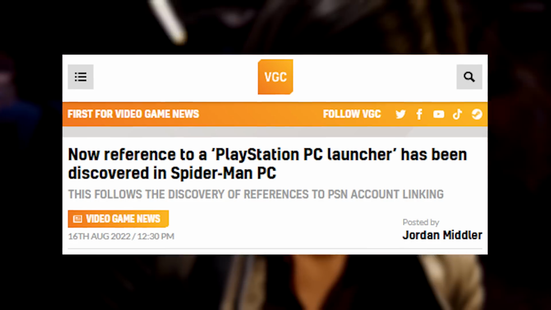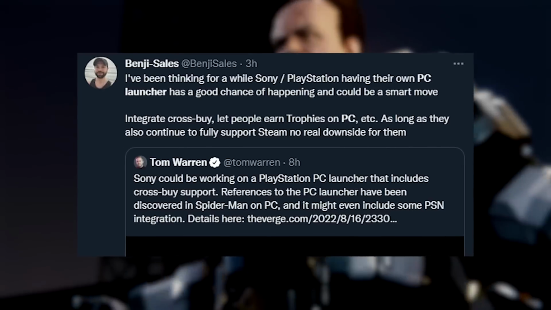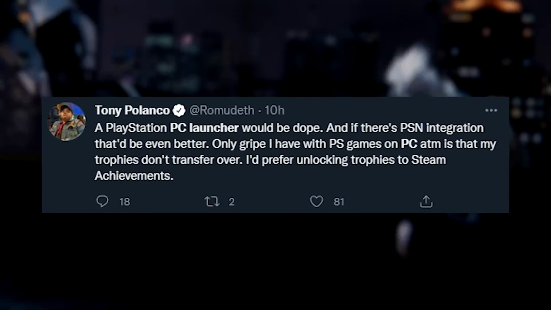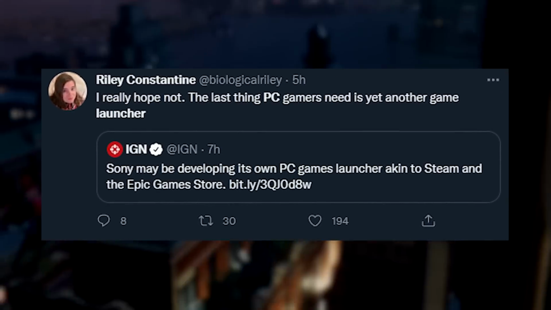All of that previous information was reported on Monday, August 15th, and now, fast forward to today, where we have new reports that references have been found to a PlayStation PC launcher. Since the news broke, there have already been a few different takes from sites and folks around the industry celebrating and/or lamenting the idea. The immediate gut reaction seems to be that PC gamers don't need yet another game launcher